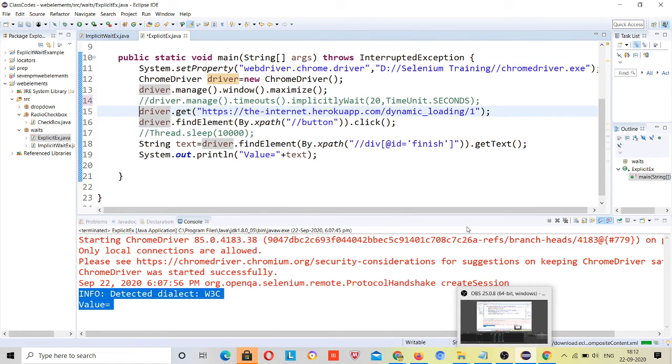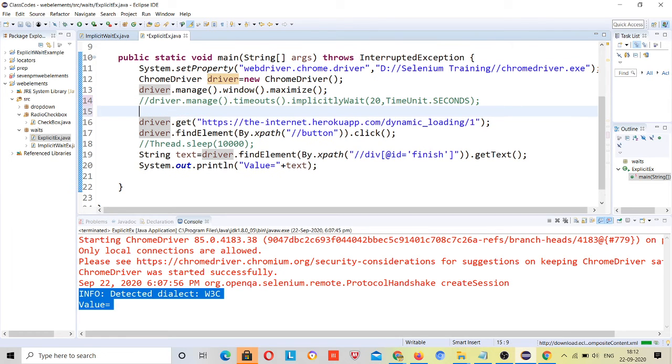So let's apply it. How can we apply the explicit wait? We have the class WebDriverWait.